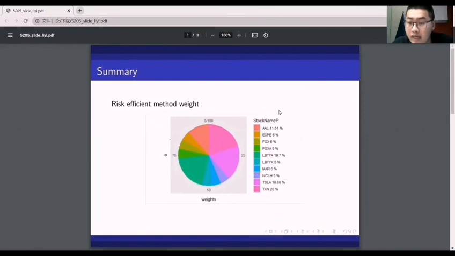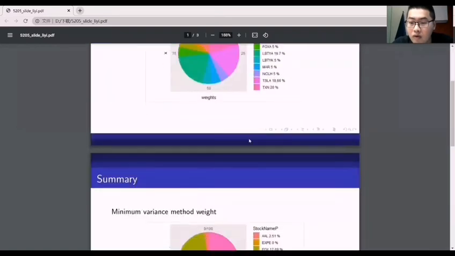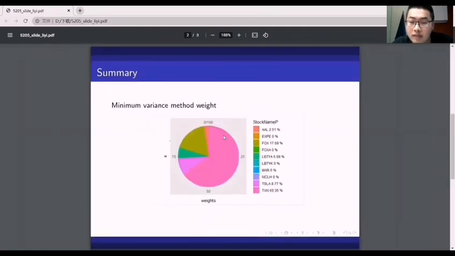After the above steps, we get the weight of each stock under the risk efficient and minimum variance methods. From the 2 plots, we can find the investment ratio of the efficient method is more averaged, and the minimum variance portfolio only focuses on more stable underliers, just like TX. If we choose the minimum variance method, we will lose a lot of opportunities for profit. And we are not absolute risk-averse investors, so we choose the risk-efficient method.